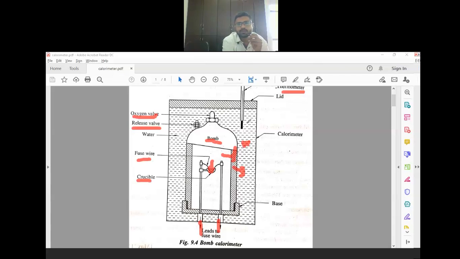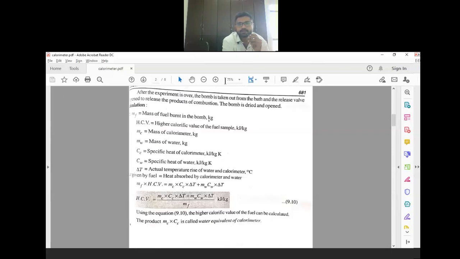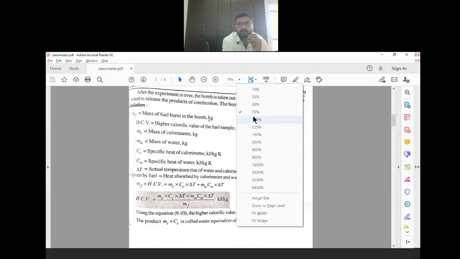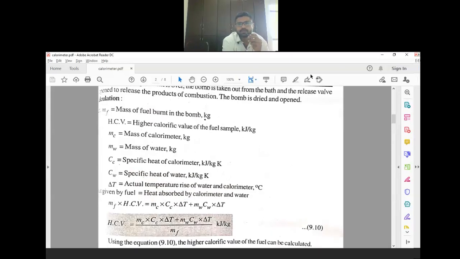Here you need to measure the temperature before combustion and after combustion, both. And you should also have the mass of water, that is, how many kgs you put in this tank. So this value is also required. Clear? So this is the procedure for the bomb calorimeter, and how to measure calorific value we will discuss now. Here this formula is utilized to measure the calorific value.